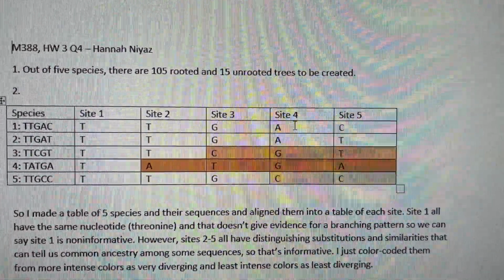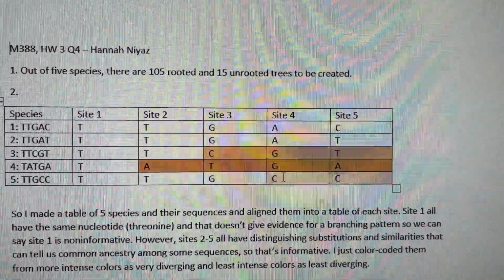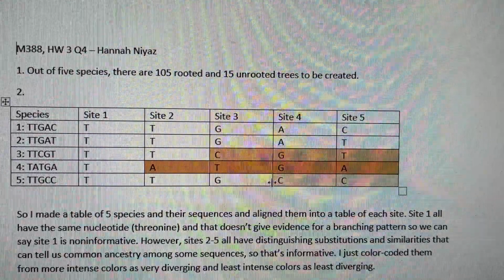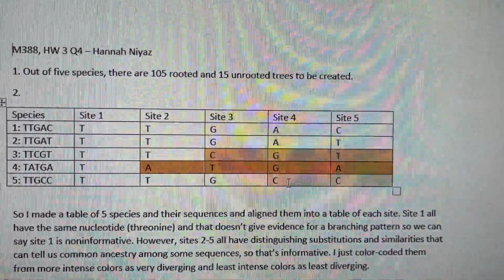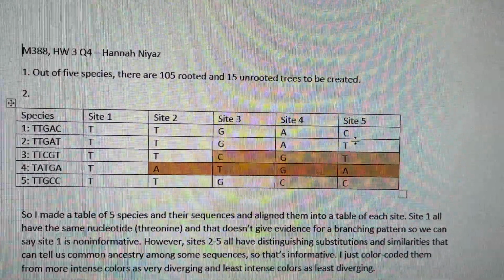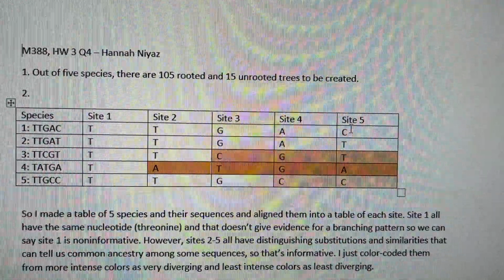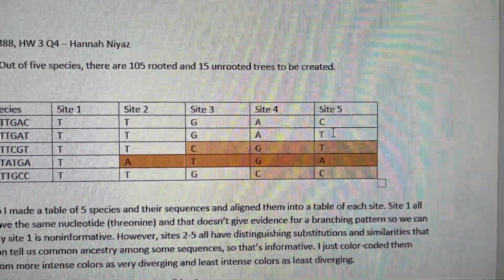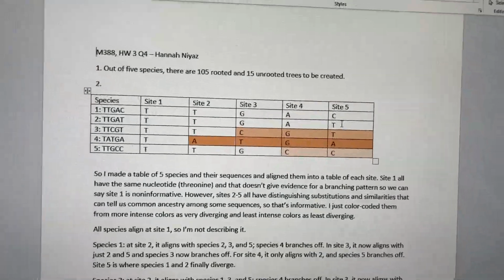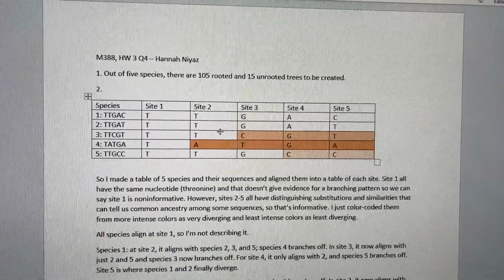So in site 4, looking at 1, 2, and 5, which one has a divergence? And we can see that at sequence 5, it branches off. So now we look at site 5 and see if there's any differences, and there is. This is where 1 and 2 branch off. So when you put this into, sorry for the zoom in, the resolution is terrible, but anyway, when you